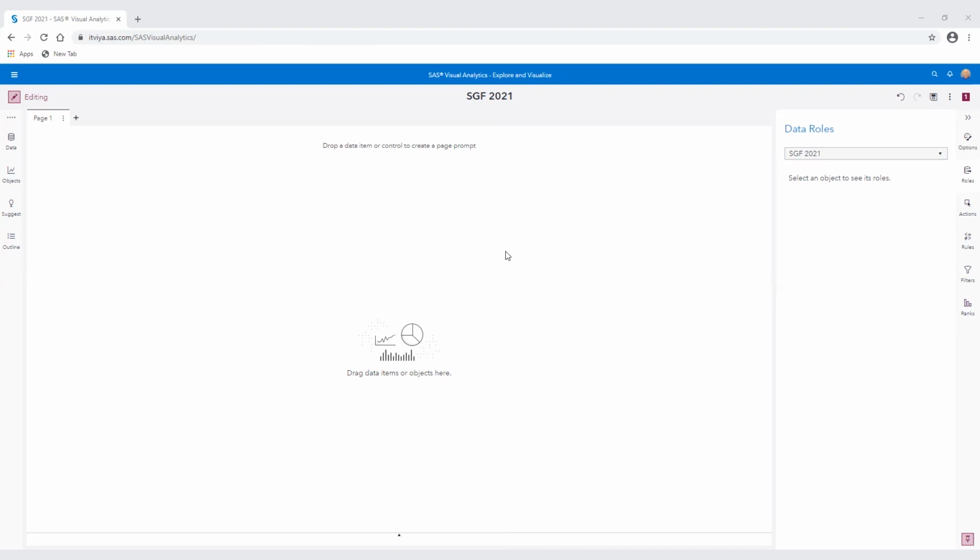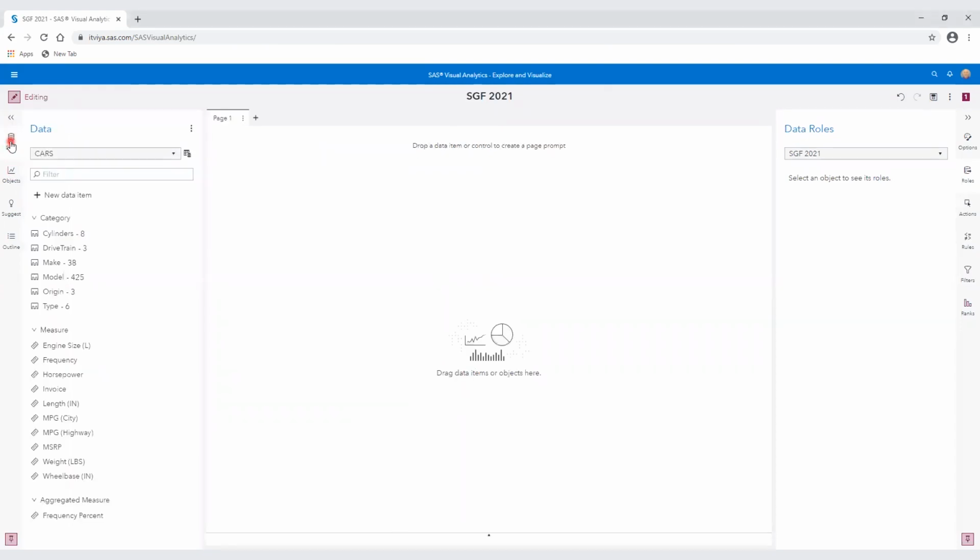So that's what you see here. You see SAS Visual Analytics. You see a blank screen. Let me get up my pointer here, so you can see where I'm pointing around. There we go. Okay. So we have here a blank canvas, and on the left side, we have a data button to see our data source. So let me click that data button. Later, we'll look at the objects button, but for now, let's look at data.